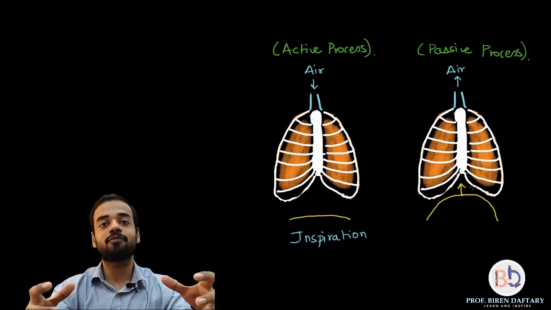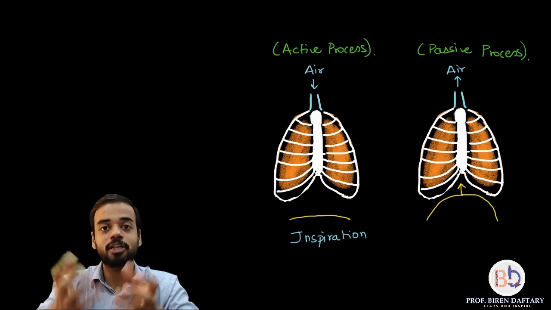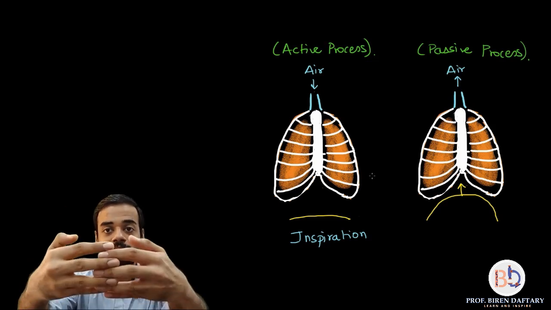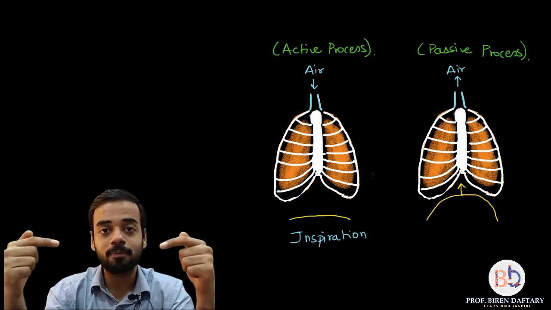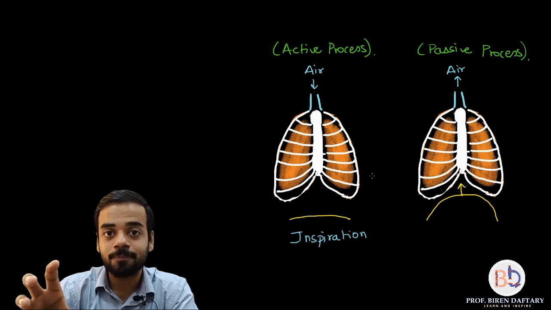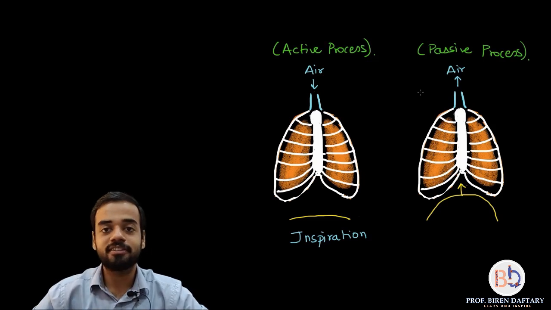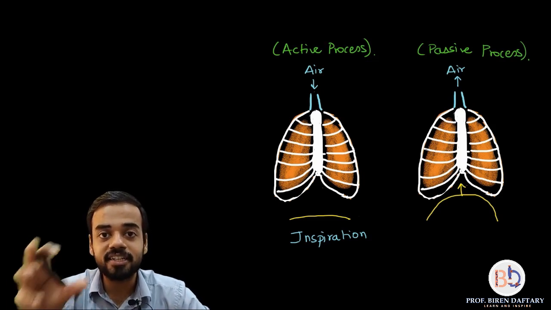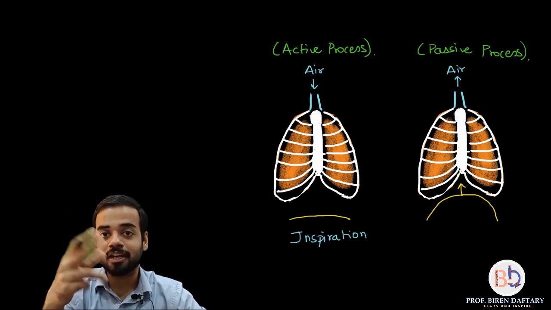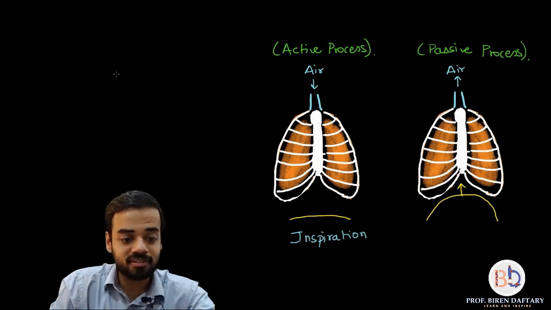See, your lungs are filled with air. Now suddenly the surrounding space is becoming less, so it is putting pressure. The diaphragm is putting pressure on the lungs from below, and the rib cage which has closed is putting pressure on the lungs from all sides. So now the thoracic volume has reduced. See, thoracic volume is the area present inside the rib cage. Now it has reduced because both the muscles have relaxed. If the thoracic volume reduces, what will happen to the thoracic pressure? It will increase because they are inversely proportional.